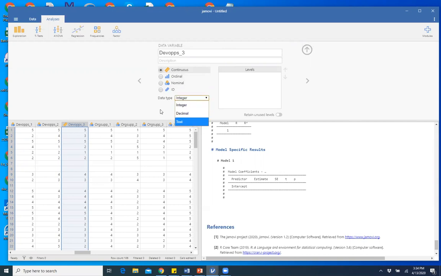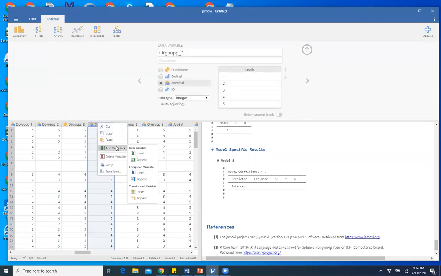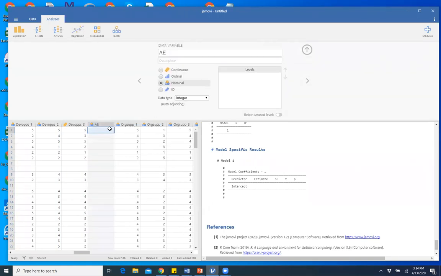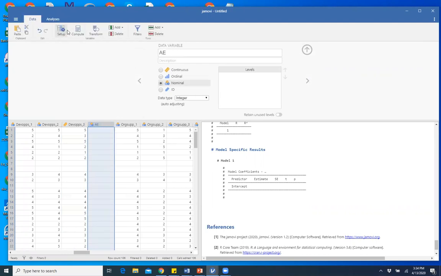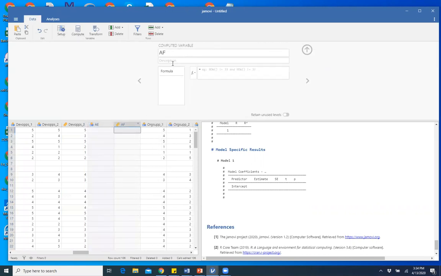The data type, right? Then if you wanted to create a new variable, you could do add variable. You can just insert one. You can actually copy and paste a variable. You just do copy, and then over here you would do paste. You could create a variable if you do data compute. So like if I want